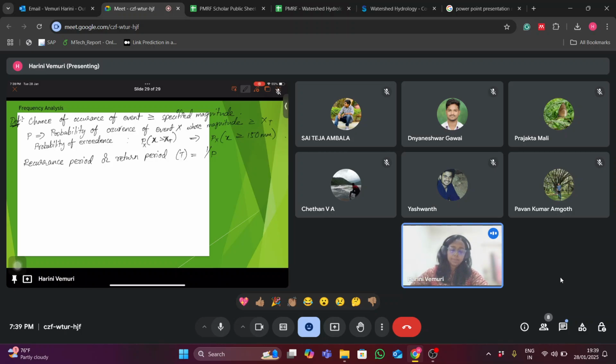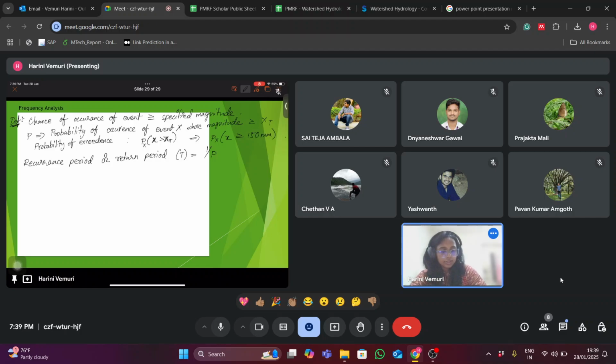The return period represents the average interval required for two events to occur successively with a magnitude of XT. Suppose I give an example: a rainfall event of 150 mm for a duration of 2 hours will occur with a return period of